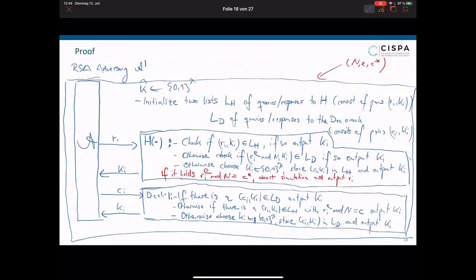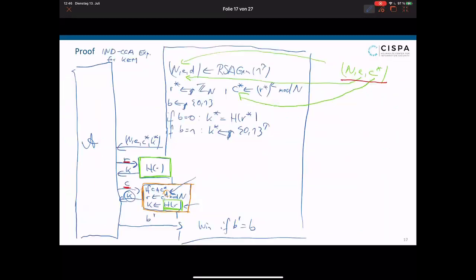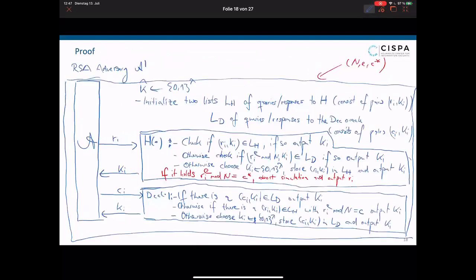So the second thing we can show is that if this adversary A here wins the INCCA experiment with non-negligible probability, then it must send such an RI query here. Then he must at some point send a query RI to the random oracle. Otherwise, his advantage is 0. So